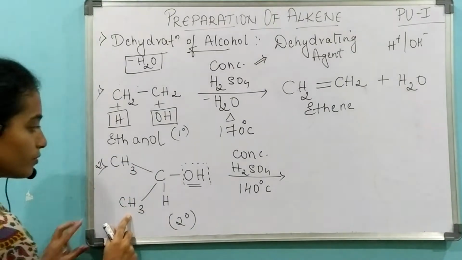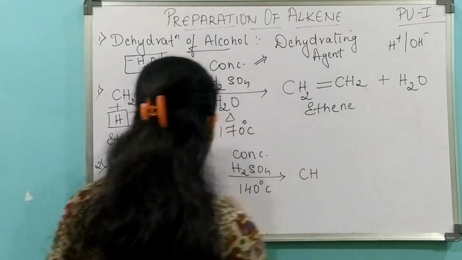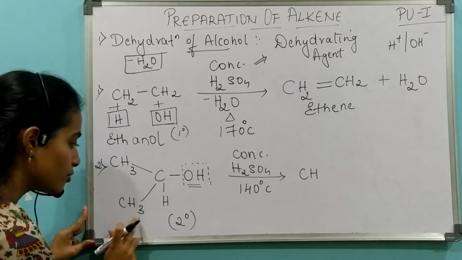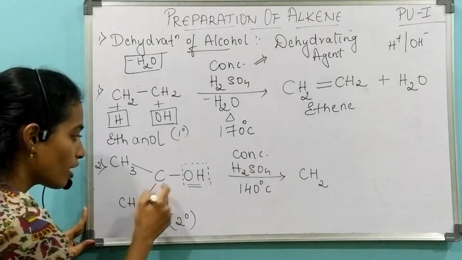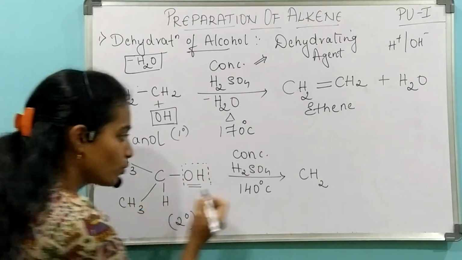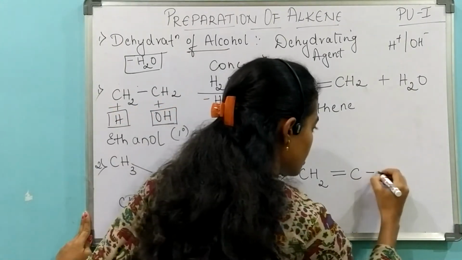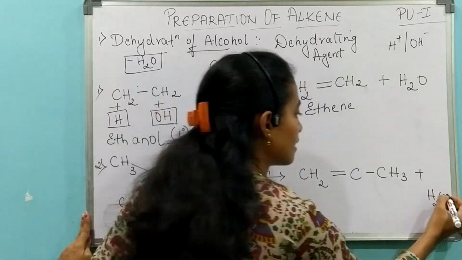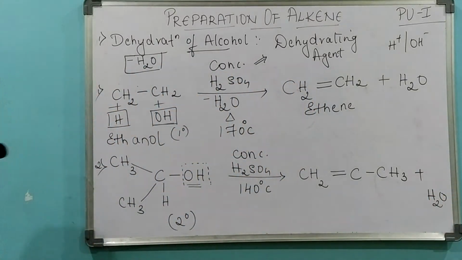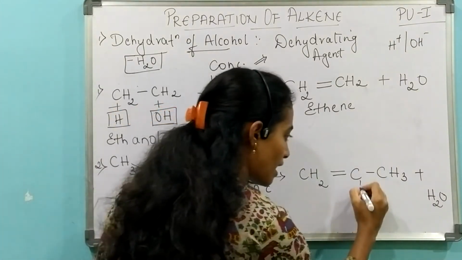So let me take this carbon. Fine. So here I have CH3. From here I will be removing one hydrogen, so it becomes CH2. From here you have removed your OH minus. Therefore you will be getting a double bond between carbon and carbon. And as usual you have your CH3 here, plus a water molecule has been eliminated. Therefore you can also call it an elimination reaction. This hydrogen remains as it is here.